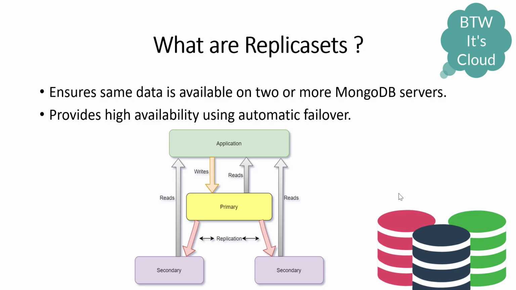Well, for today's session, we'll be taking three MongoDB servers, and let me tell you what the architecture will be. The three MongoDB servers will be in replication mode. There will be one primary and the other two will be acting as secondary servers. We are also taking one application server. It can be any application server.